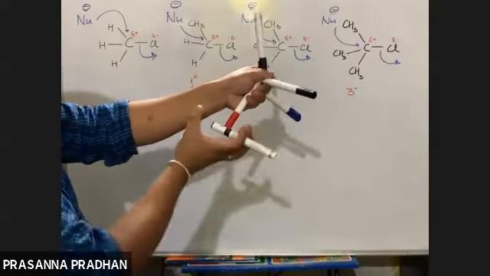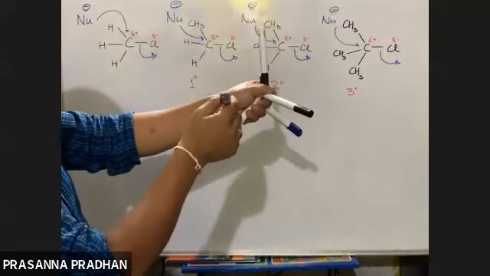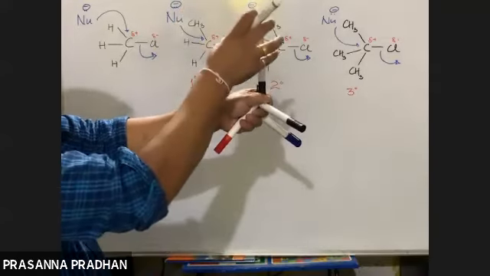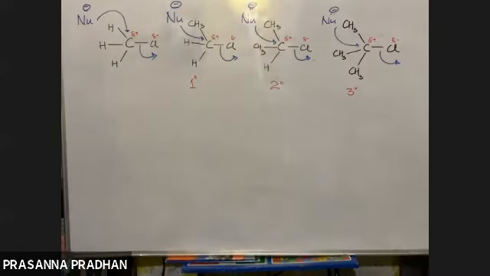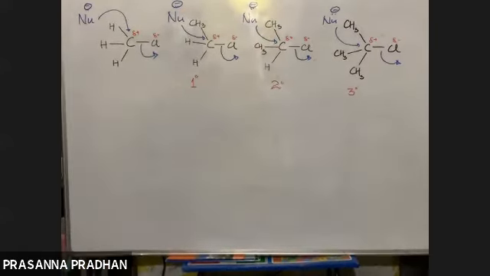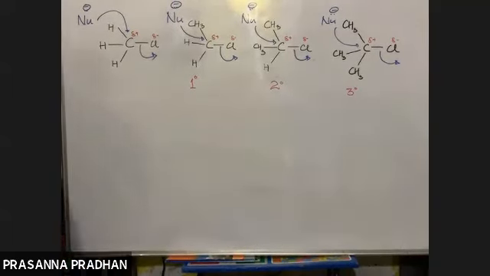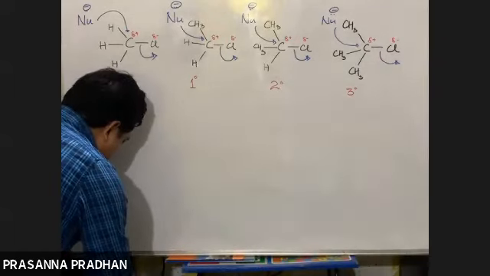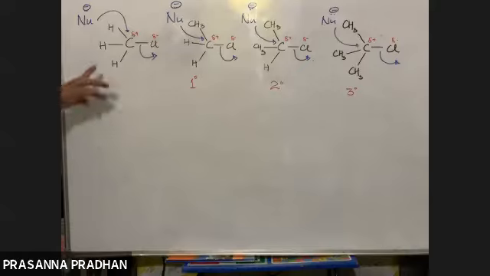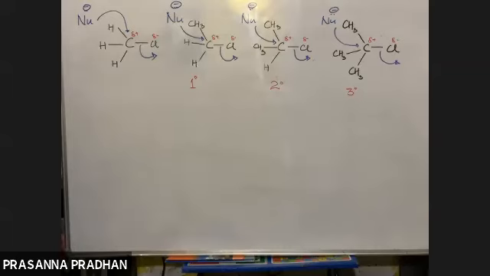There are big groups blocking its path. So as the size of the group increases, it becomes difficult for the nucleophile to attack the electron deficient carbon atom. It becomes more and more difficult. So on what factors does the SN2 reaction depend? The SN2 reaction depends upon the size of these groups. As the size increases,